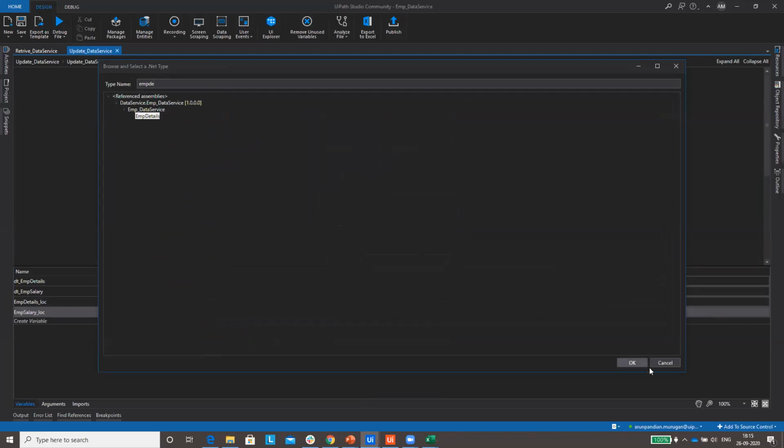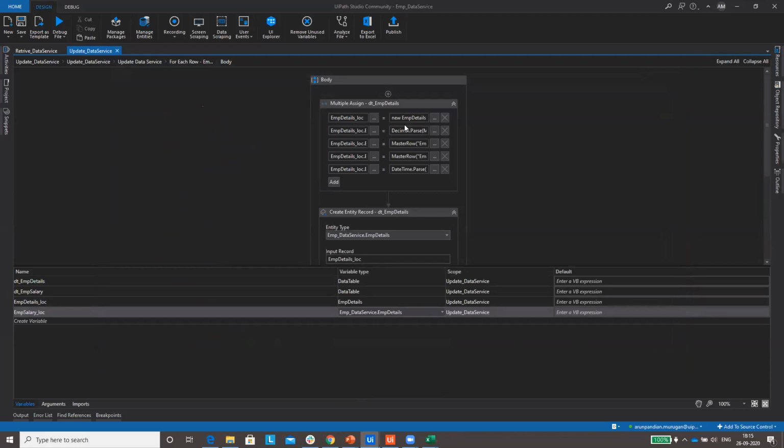Once you have created the variable, you have to initialize it, using the same method we used for initializing the data table. Give the variable name, new, and once again the same entity name here, so that it is initialized.